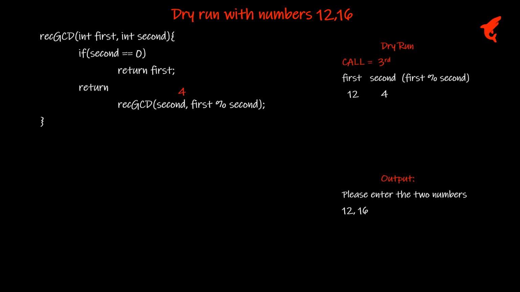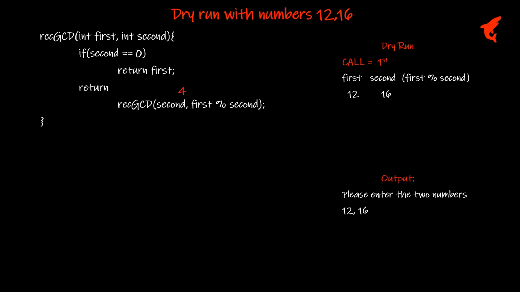And this value will be returned to this function's previous call, which was call number 2. So this value 4 goes to function call 2, right? And the value returned will replace this function call here again, and the value will be 4. This again is returned to its previous function call, which is call number 1. So we go back to call number 1, and again this function call will be replaced. This is where the call was made. So the value 4 will replace it, and this will return back to the function which made the first call. And the first call was made by the main function.